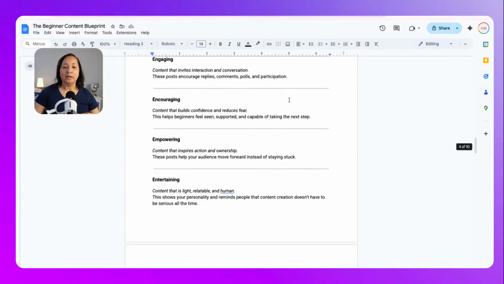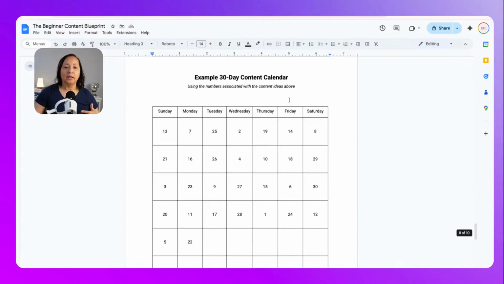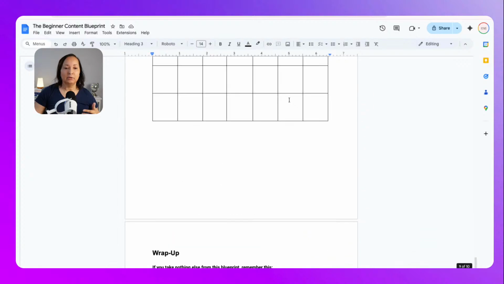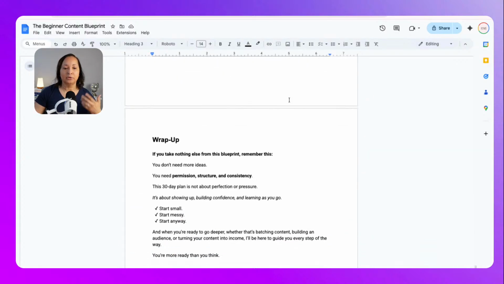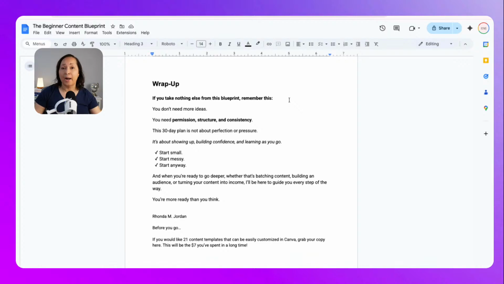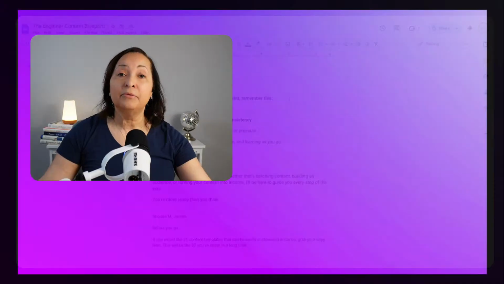Then in this guide, I actually give them the content, and then you see there's a blank calendar, there's a filled-in calendar, and there's always a wrap up. So that's one of the things I want you to do, to make sure that you have something simple that you can put together quickly. You do not have to use Canva. If Canva is too overwhelming for you, then use Google Docs. But make sure you have that About Me in there, because some people, this may be their first exposure to you.